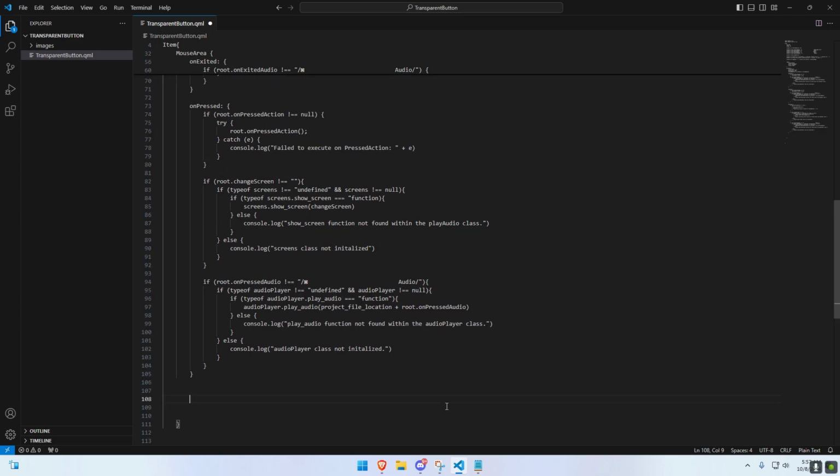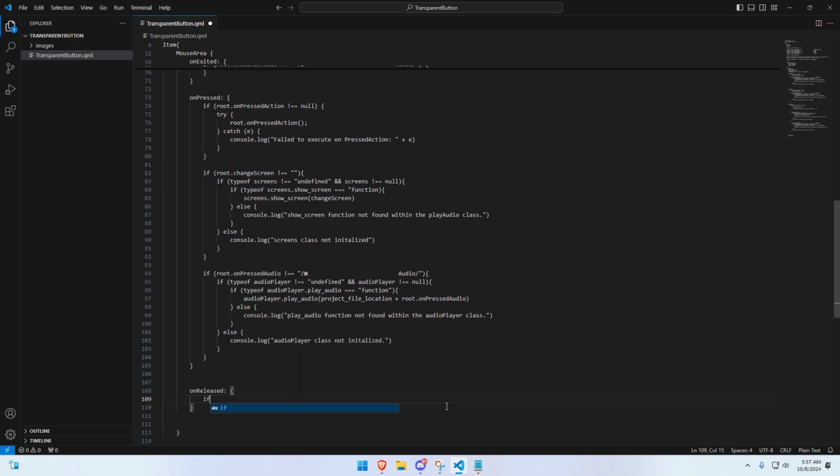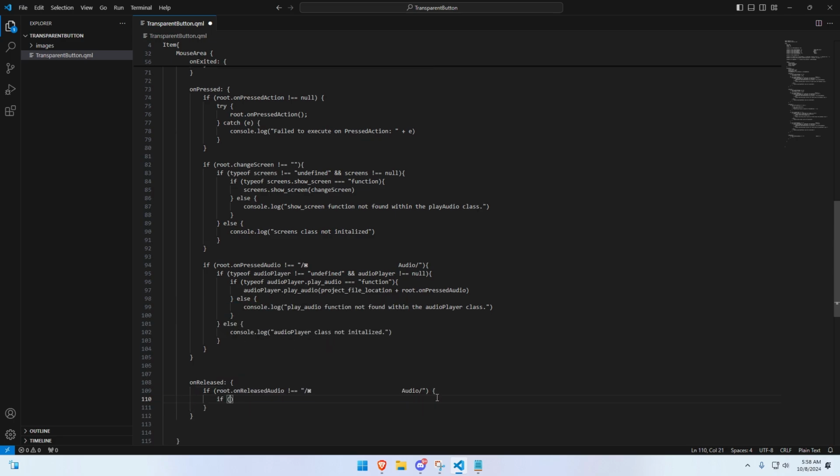And onReleased is a lot easier. And that is, again, if the root.onReleased audio does not equal empty, and we go into that, and again if the type of audio player does not equal undefined and audio player does not equal null,